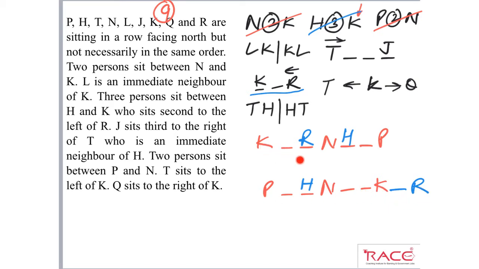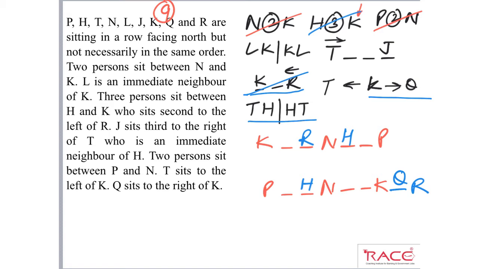In this case, 1, 2, 3, 4, 5, 6, 7 persons. So we have place for 2 more persons. And with this information is also done. Okay. Now, here you can see, to the right of K, I can have Q. I should have Q, so we can place Q here. Okay. And the next information is here,